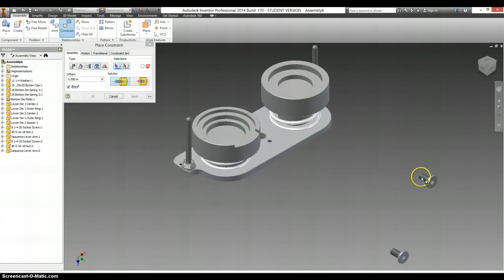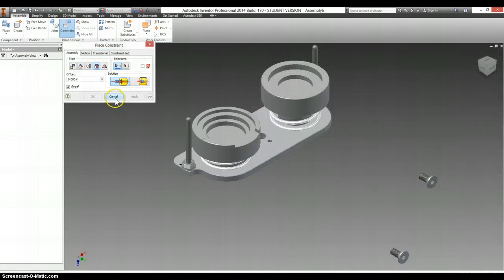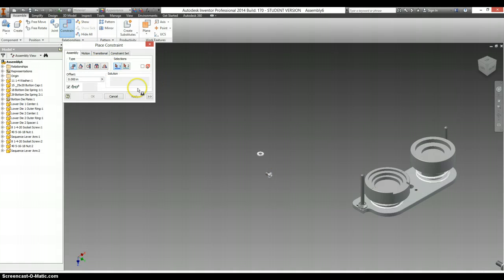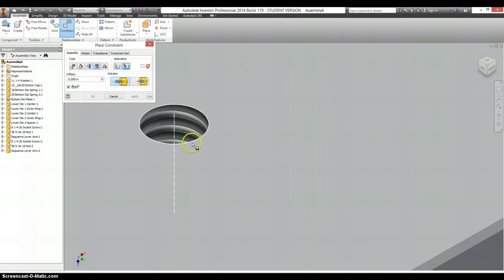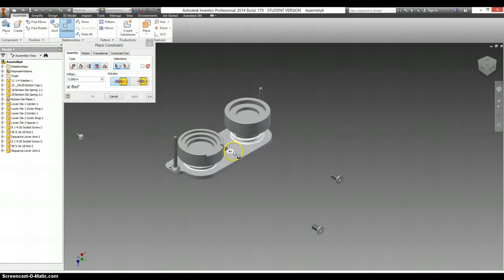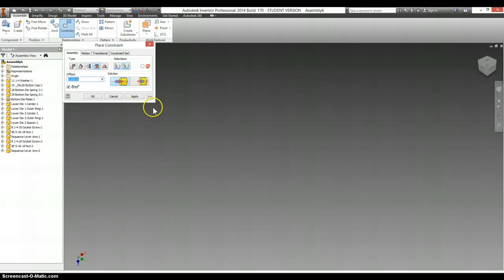And now we have a couple of screws. They hold these bases in place, and this is going to screw itself down on top of this hole for something else. Alright, so we have our washer. We can use an insert constraint on that. Apply, and the top of that, the underside of this screw, apply,